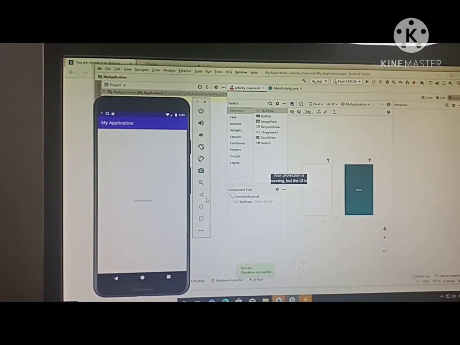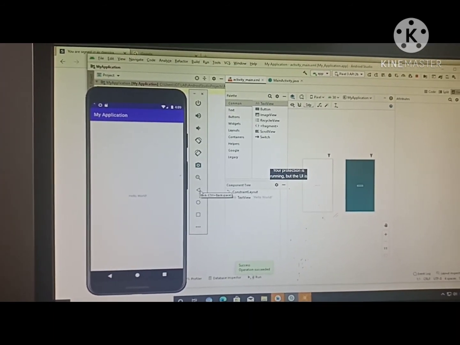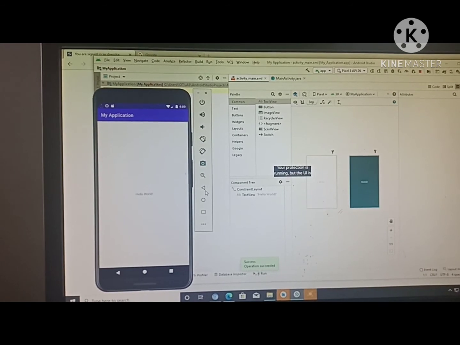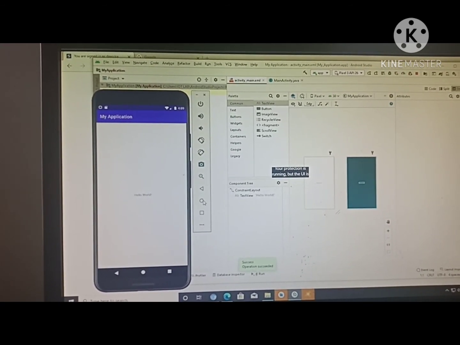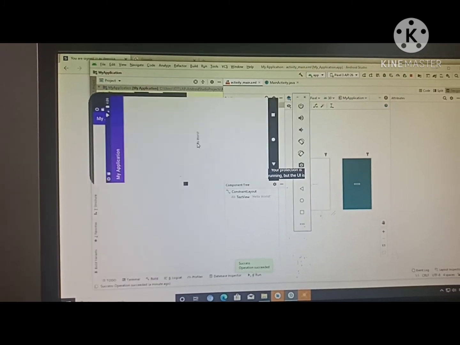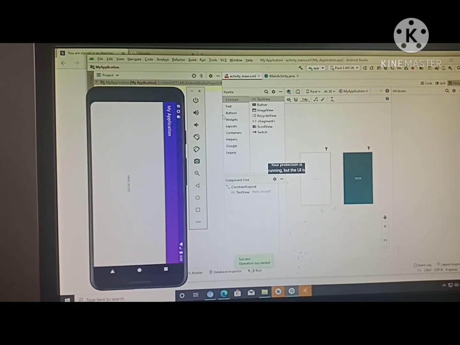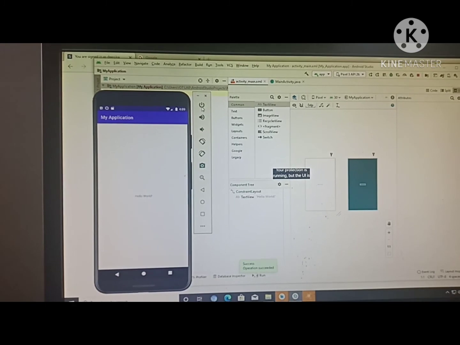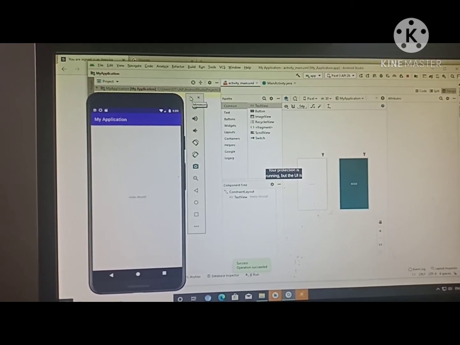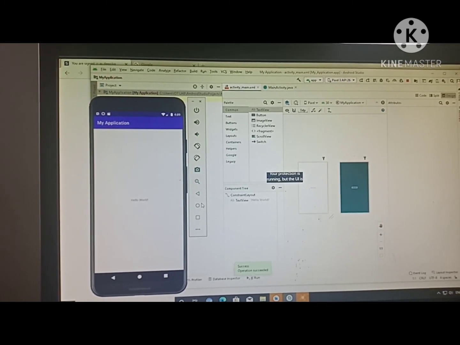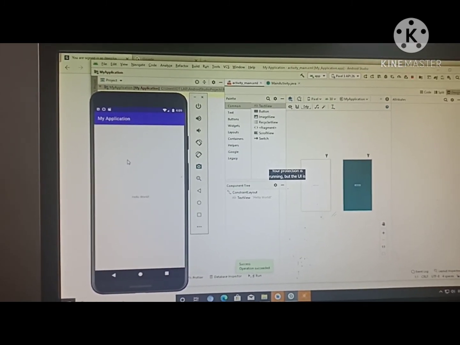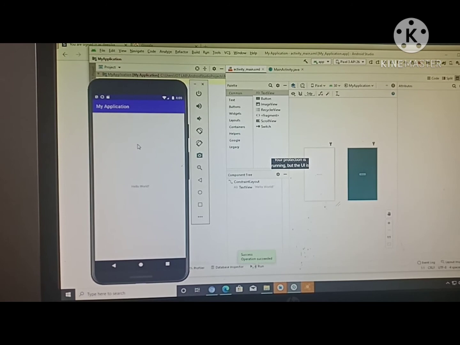You have three buttons: back, if you want to go to the previous screen, and home. You can rotate your mobile and align it. This is the power off button, this is minimize, and there are other icons like camera and maximize, which is zoom. This is how you can run your simple application program.